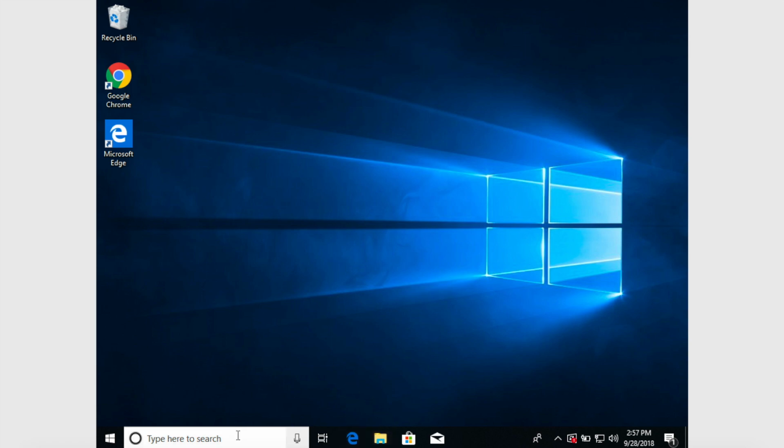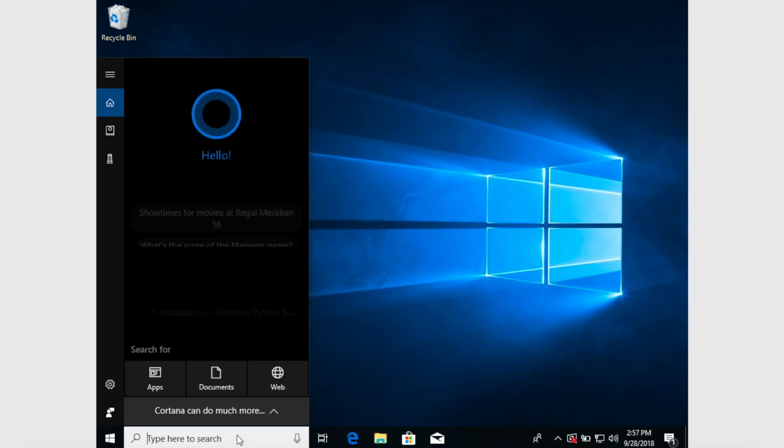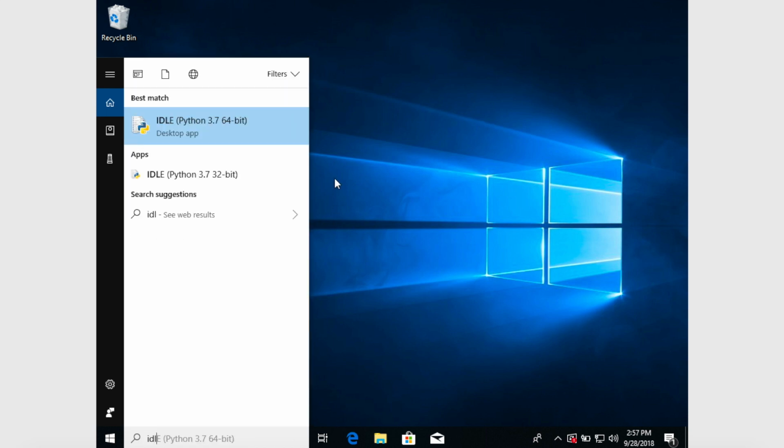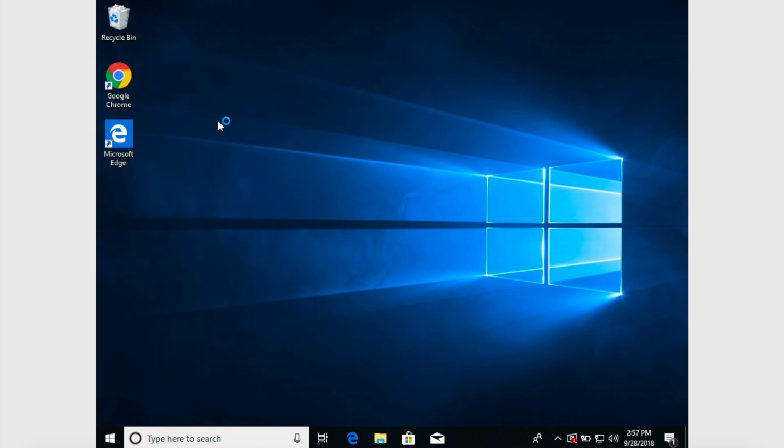So what we want to do is now search for IDLE, idle, and you want to make sure it is the Python 3.7 and not the 2.8 or any other version that will pop up in there. Make sure it says Python 3.7. Click that,